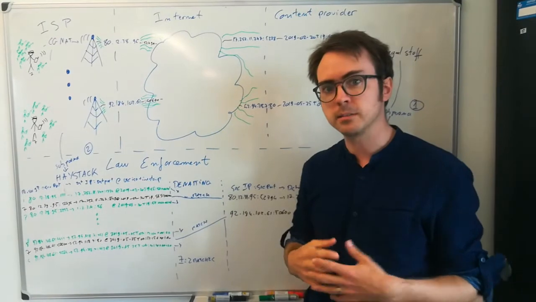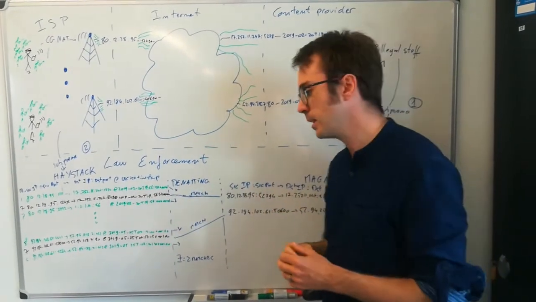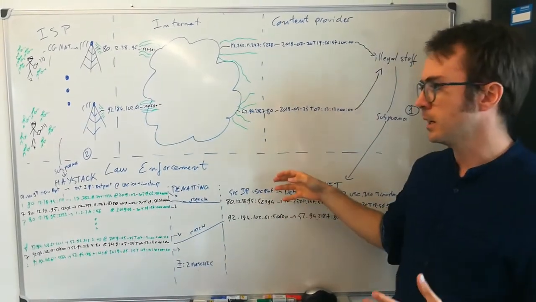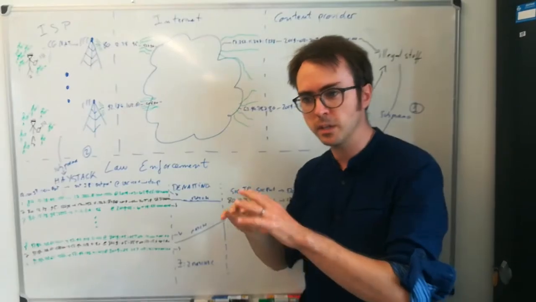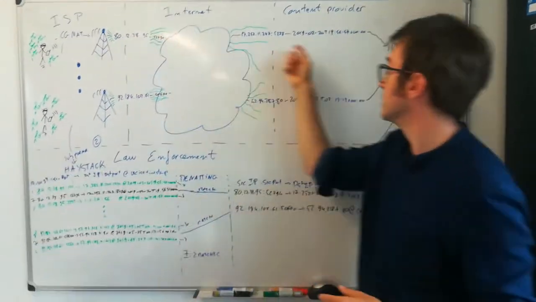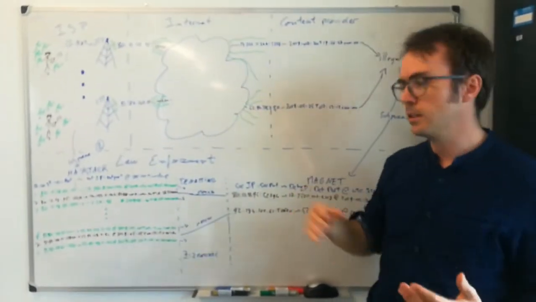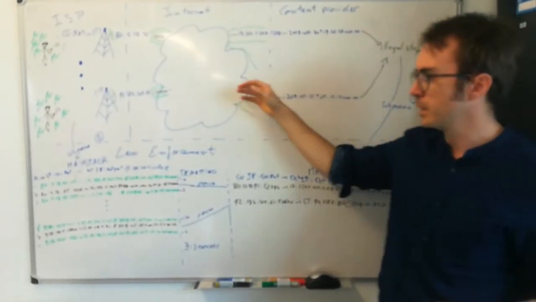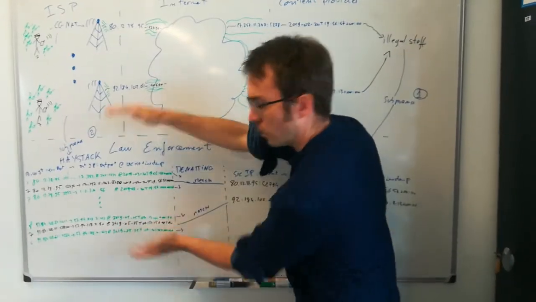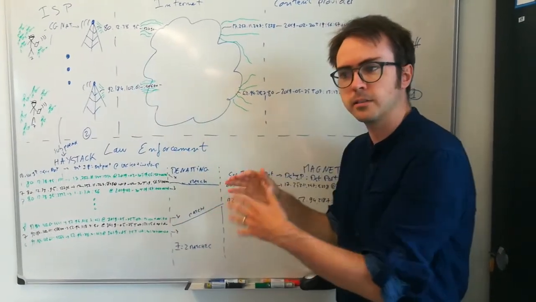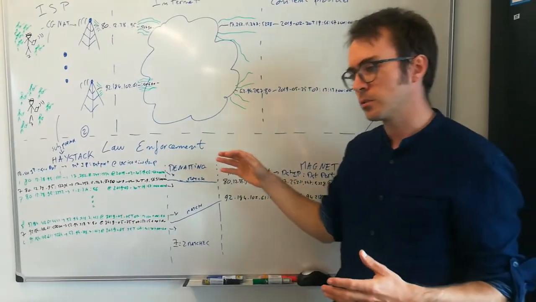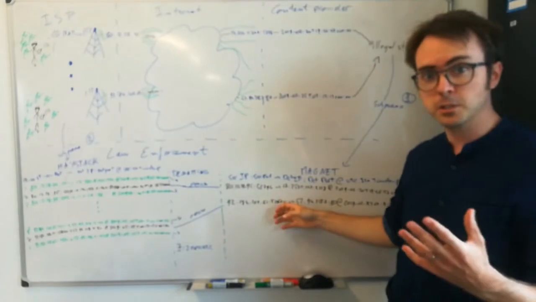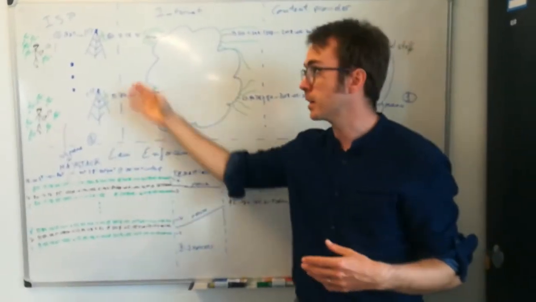So to handle this problem, we created DNetting. The way it works is you get your source IP, your timestamp, and maybe some other information, and you go to the ISP and you ask, okay, give me everybody that used this IP at this time. And maybe, if you're lucky, the guy who did the illegal stuff connected again sometime later. So you have multiple events. And you ask again. And at the end, you get a whole stack of logs, like huge, maybe 10,000 lines. And what DNetting does is it takes the information from the content provider and it matches this information with what the ISP gave you.